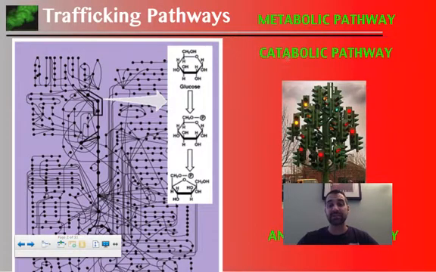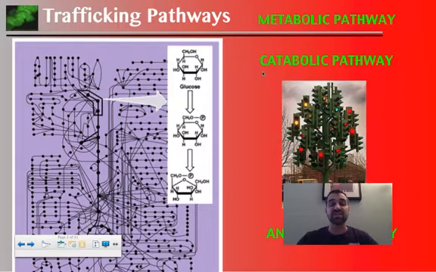And there are two basic types. There's catabolic and anabolic. Catabolic pathways, just think of catastrophe, and these are going to be pathways that break things down, and they're also going to be the type of pathway that releases stored energy. So catabolic, think catastrophe, thinking of breaking down molecules and releasing stored energy.